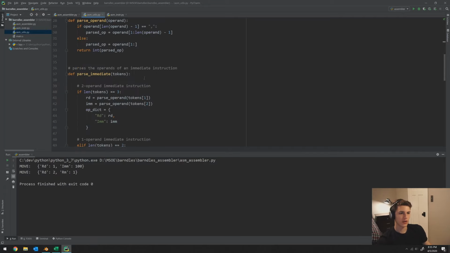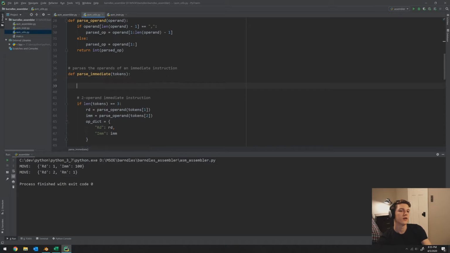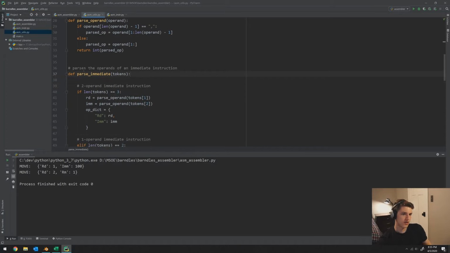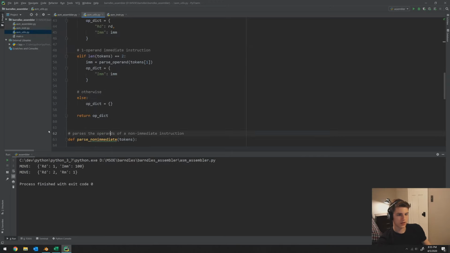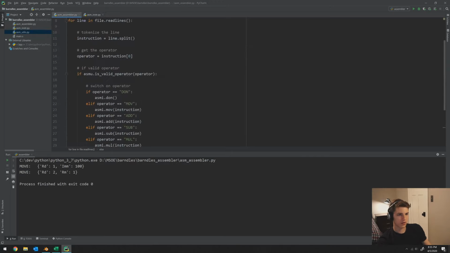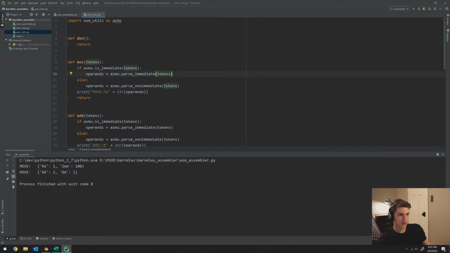Neat. So now that we have that, we can say, this is going to specifically parse the operands. Oh, shoot. So this is going to parse immediate. It's going to parse non-immediate. And these are meant to be for the operands. So in my instructions here,